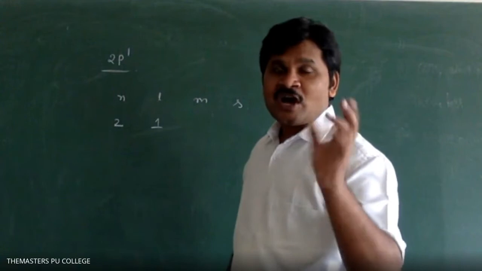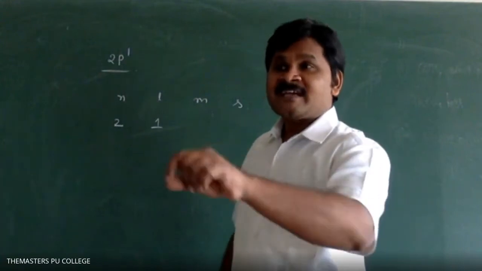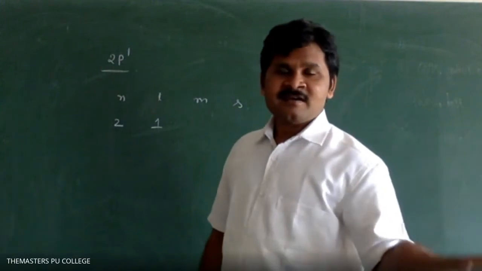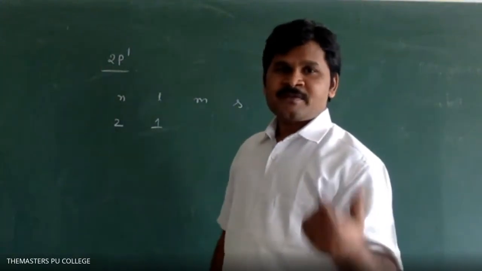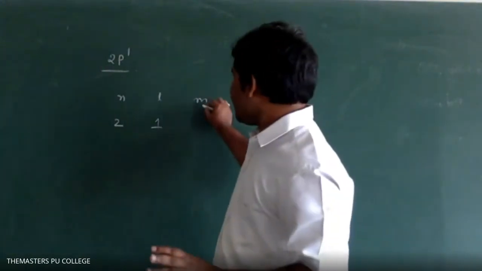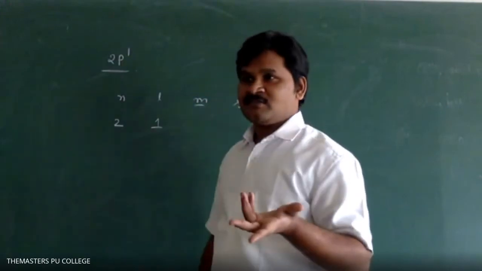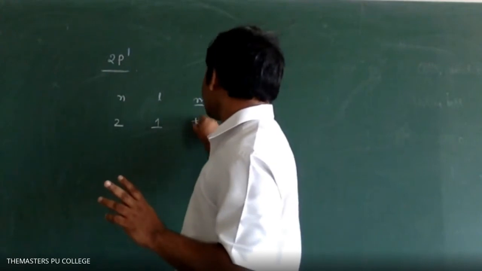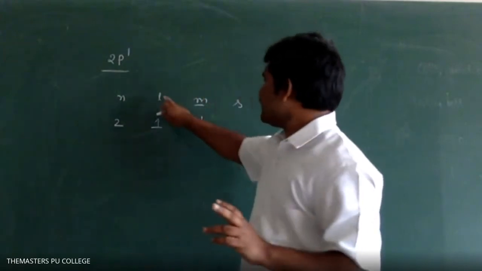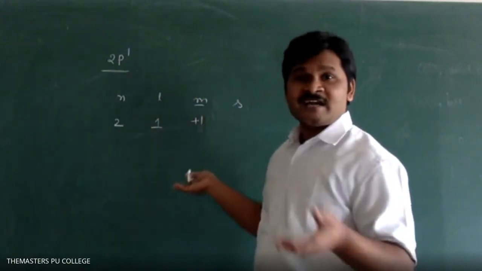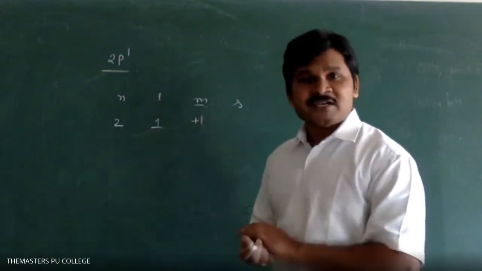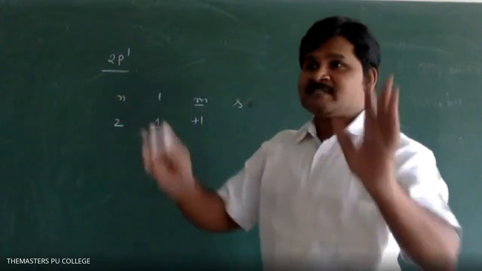You have to take it from the given options. In an objective question, different options will be given, and from those you have to choose the appropriate answer. Actually, 3 m values are possible. So generally I am writing +1 here. If l is equal to 1, you can write m as +1. Suppose l is equal to 1 and you write +2, that is a blunder, a mistake.